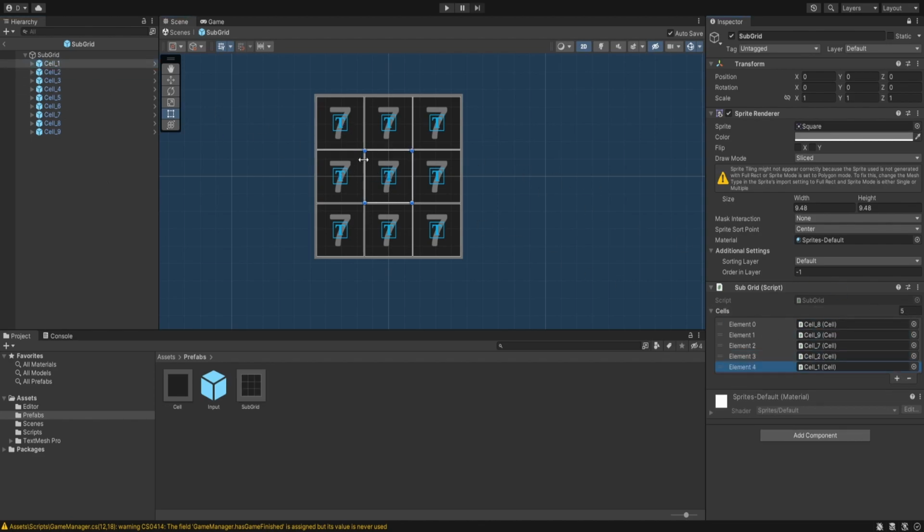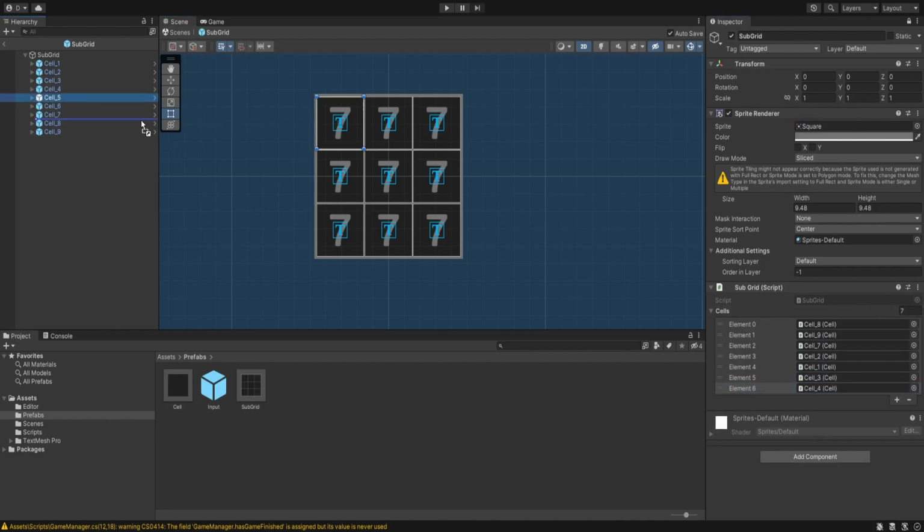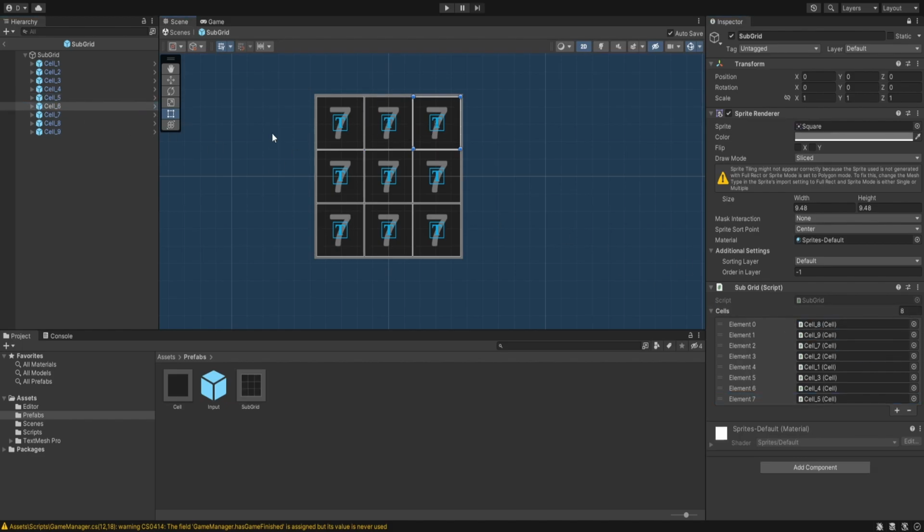So instead of spawning, I just assigned them here, so it doesn't create any issues. And this is going to be our 6 and 4. Next we are going to have 5, and finally this one is going to be our 6. So 8,